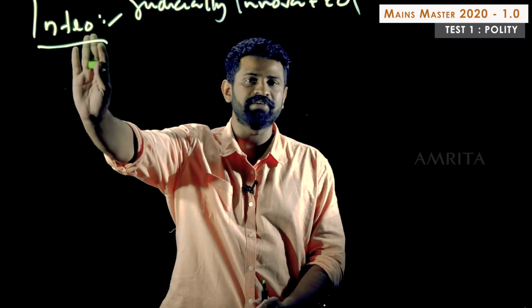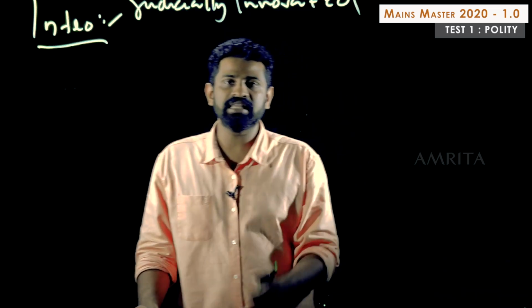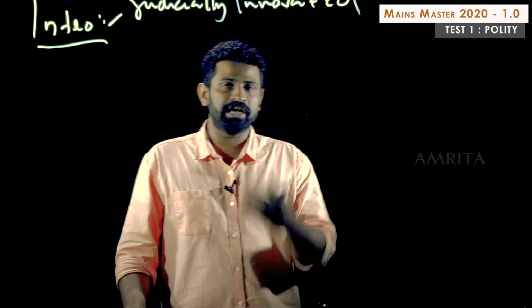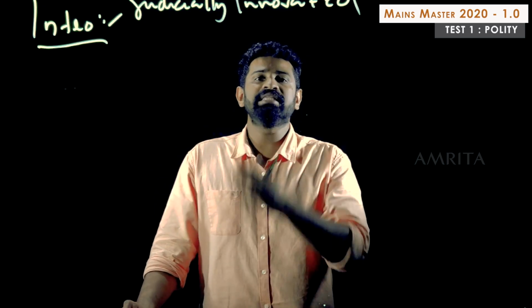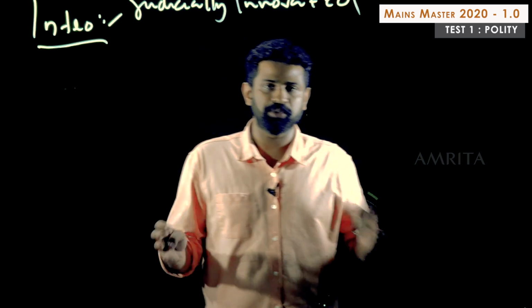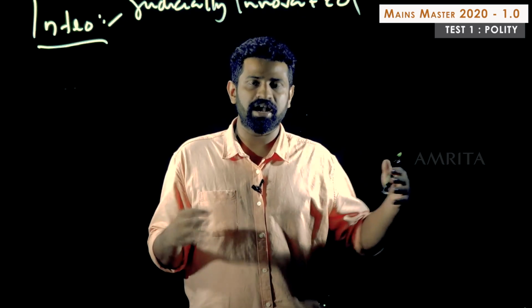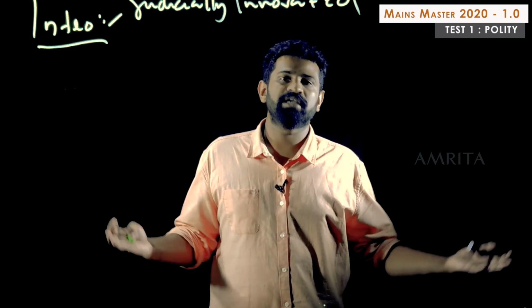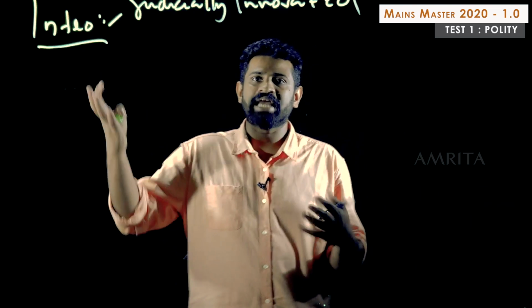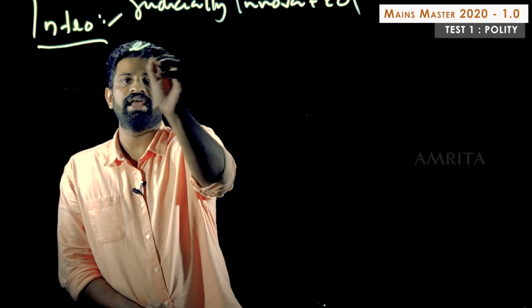So a judicially innovated doctrine which came out as part of the Keshavananda Bharati case, which states that the Indian Constitution has certain basic elements, and these basic elements cannot be amended even by Parliament under Article 368, even by a Parliament with a brute majority using Article 368. Okay, so that is the definition of the basic structure doctrine, and you could give an example.